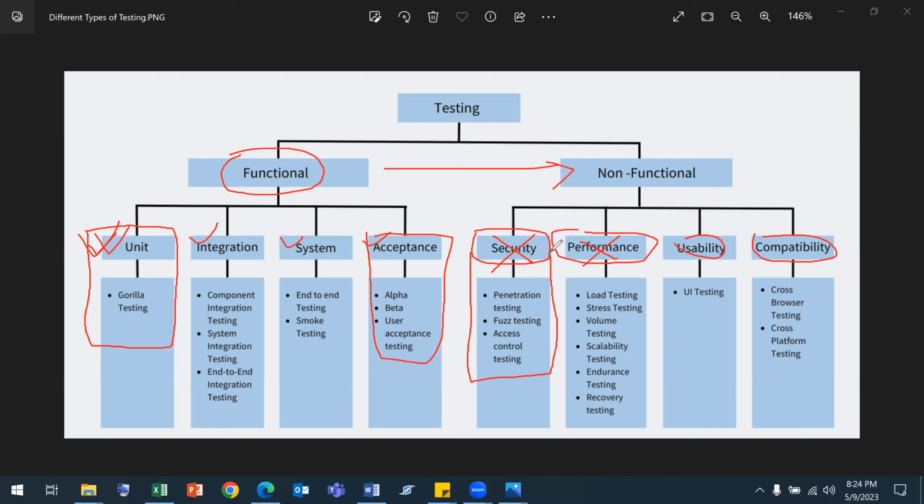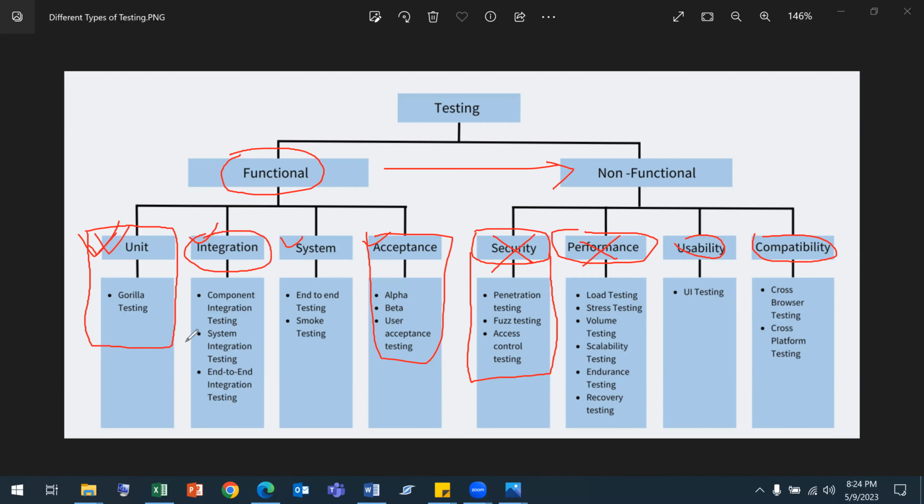Similarly, performance. If you are applying for a normal QA or quality assurance analyst, engineer, or even a senior position, you're not going to do any performance testing, because performance has a separate team, and they use different tools to measure the performance of that particular application. So normally as a QA, you're going to focus on integration testing, system testing, acceptance testing, usability, and compatibility testing. Now,